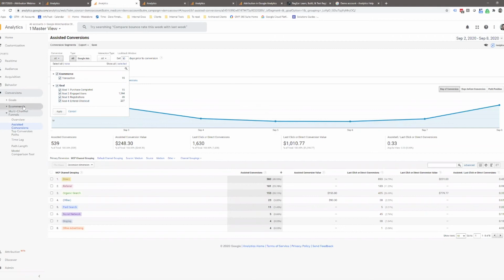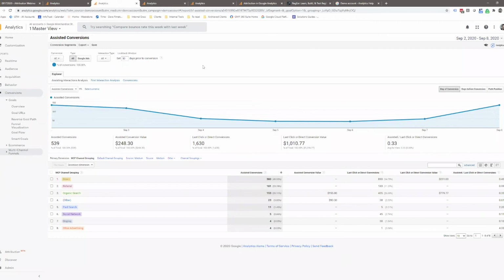So you have this whole beautiful section of e-commerce in here with a bunch of great reports. And you also have this one here. So if you do them both, you can leverage both styles. Like the goal flow report is a really cool visualization to look at. Sometimes that's the visualization you want to use. So honestly, there's really no harm in having both of them. And I personally like having both of them. Plus two,